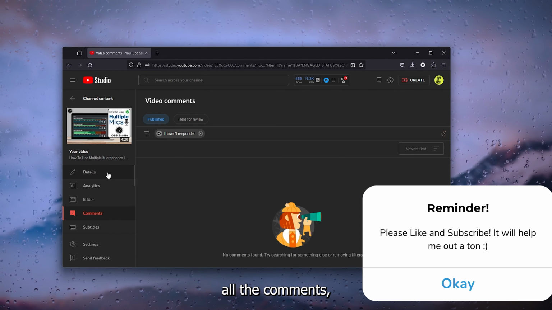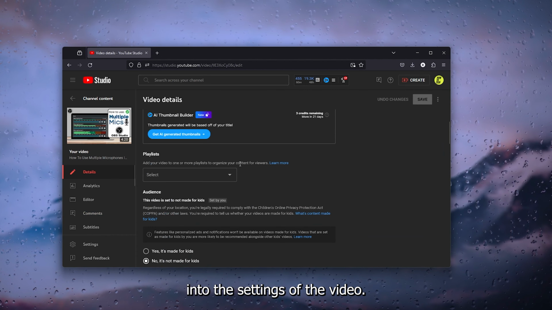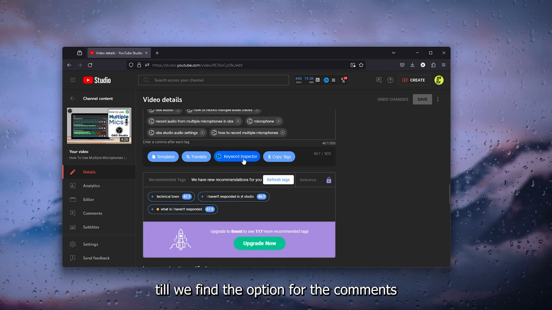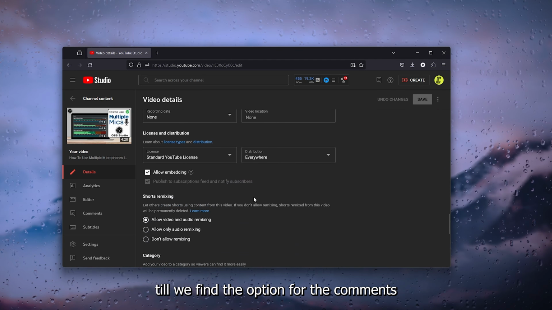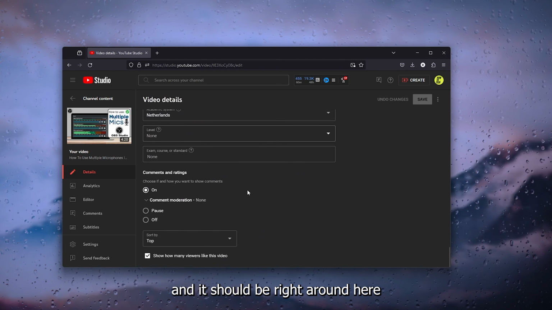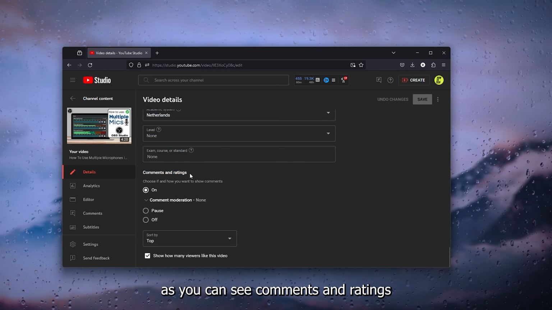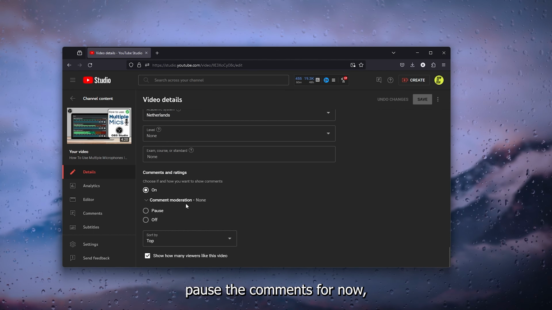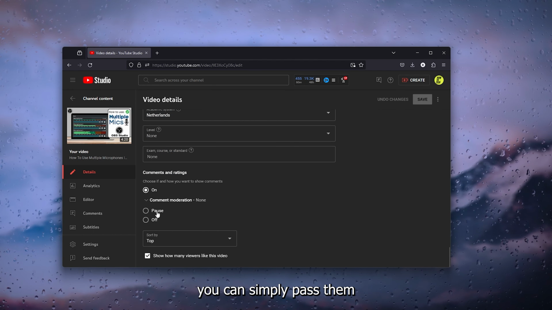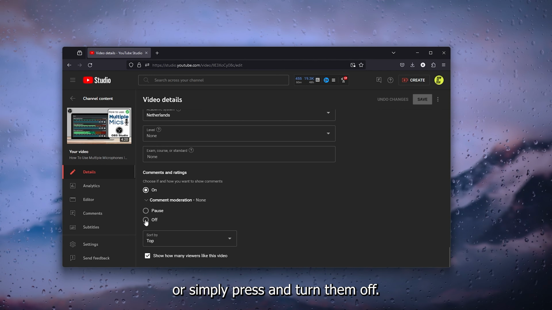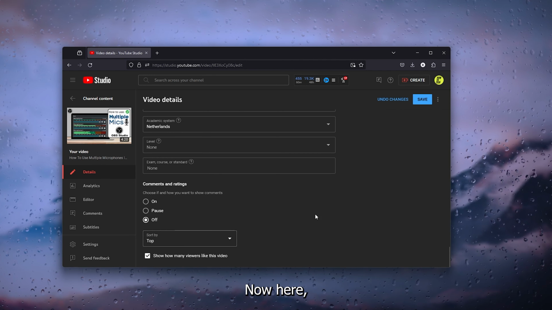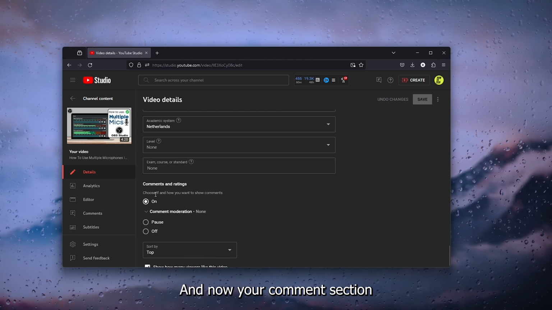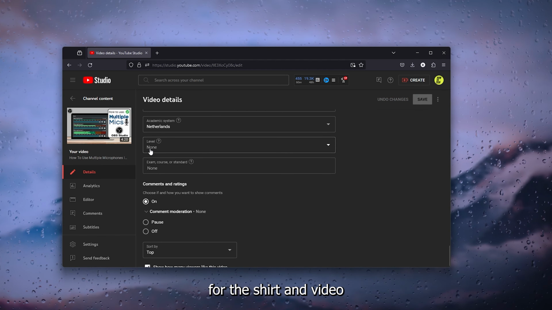Now here we see all the comments, but we're going into the details, into the settings of the video. Here we scroll down till we find the option for the comments, and it should be right around here. As you can see, comments and ratings. Now here the comments are on, and if you want to pause the comments for now, you can simply pause them or simply press and turn them off. Now here make sure to save these changes, and now your comment section has been turned off for the certain